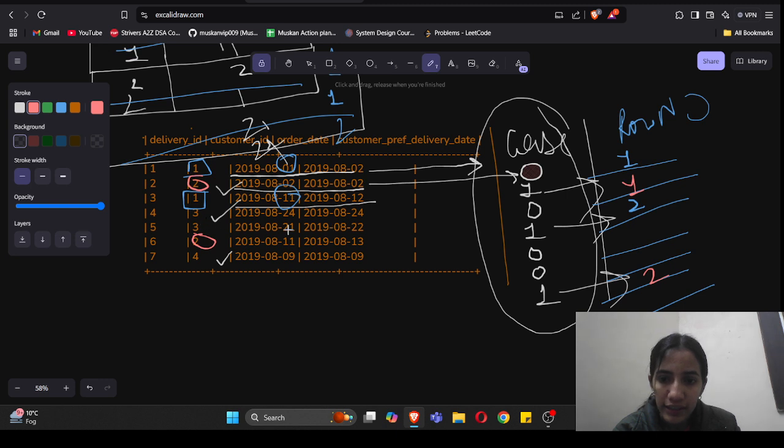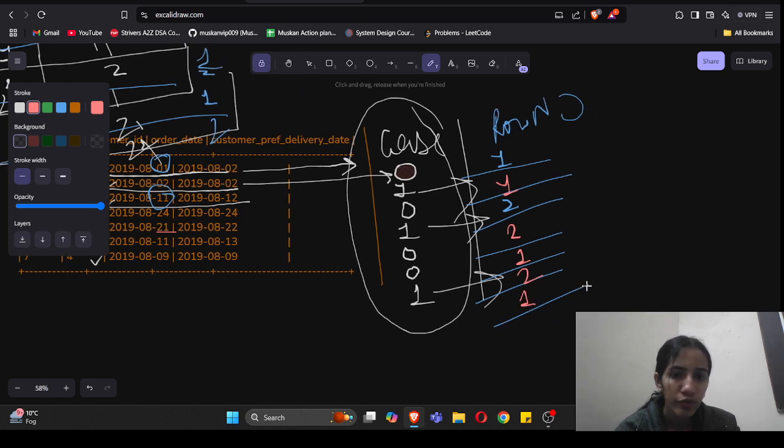Similarly, for the 3, the 1 will be here and 2 will be here, because it is partitioned and then arranged in the ascending order. And the 4 is a unique one, so you will get 1 only. So if we figure out